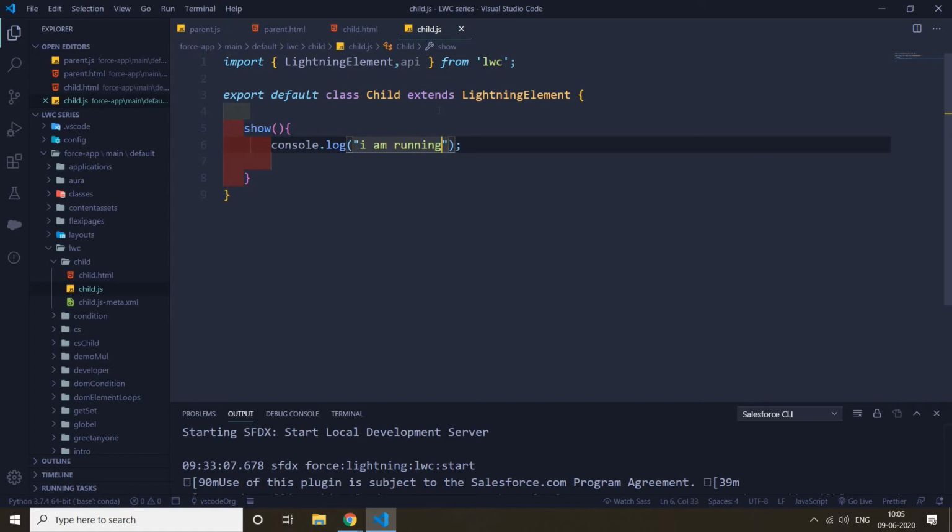Okay, this is pretty easy because we are focusing on how we can call it, and here you can apply all the logic for your side, so this is not a big deal.